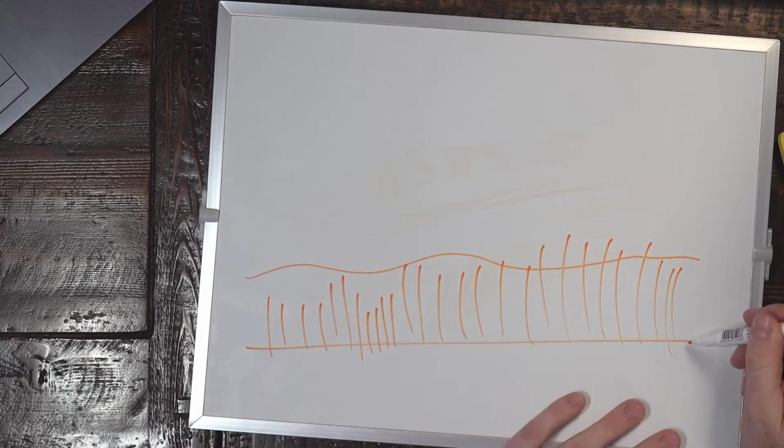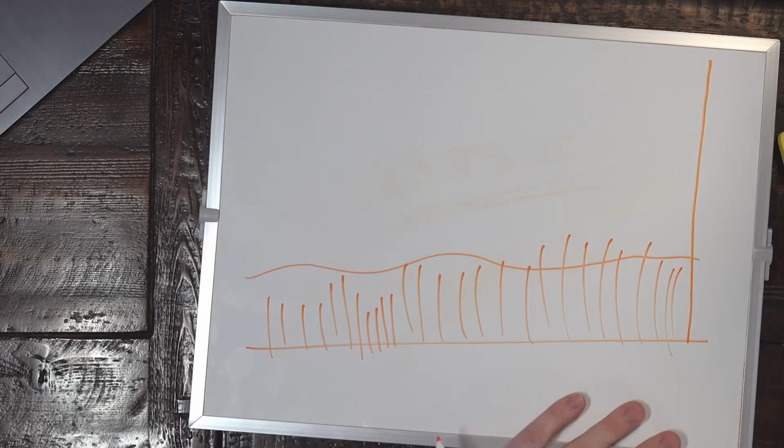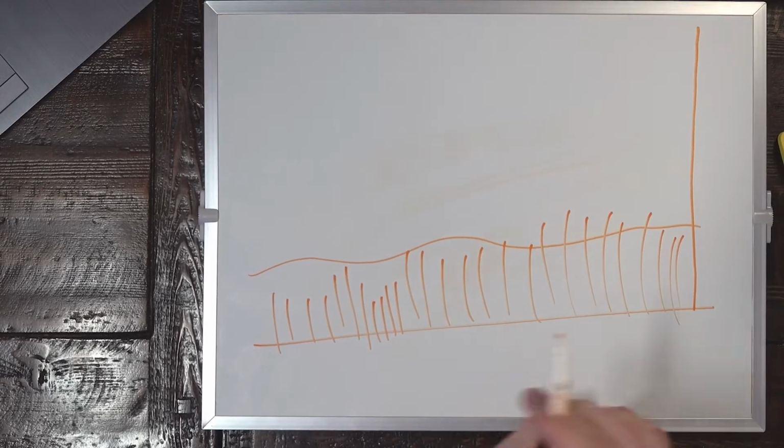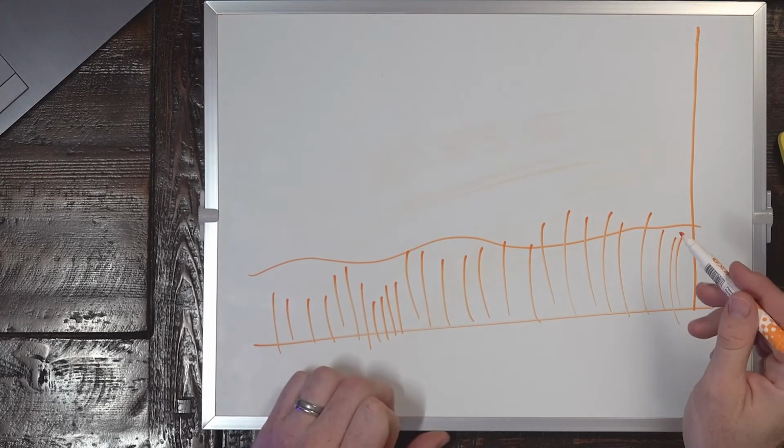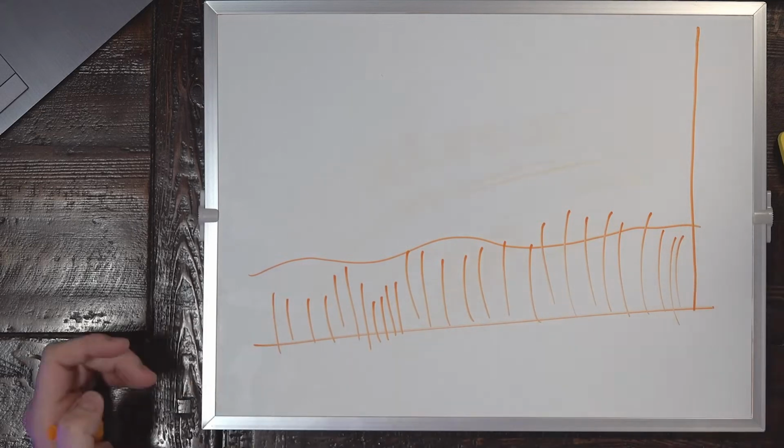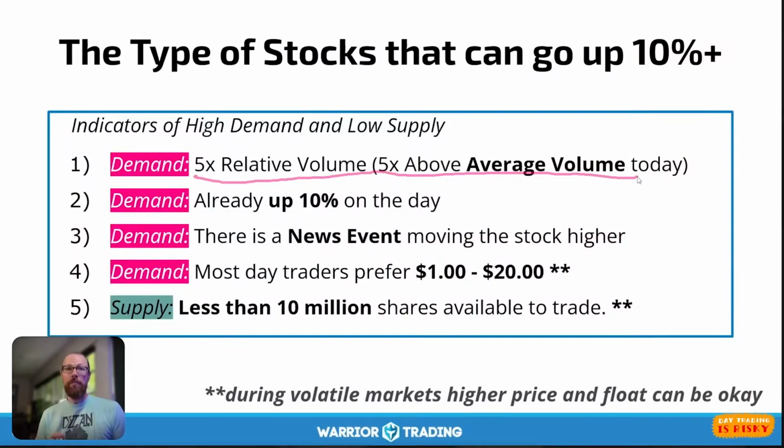So on a day where all of a sudden the volume is like this, what are we experiencing? This is above average volume, okay? Why would a stock have above average volume? Above average volume is typically the result of a news event, some type of catalyst. It could be quarterly earnings, FDA approval, clinical trials, a new contract, some type of news. So what that news event has done, the news has been released.